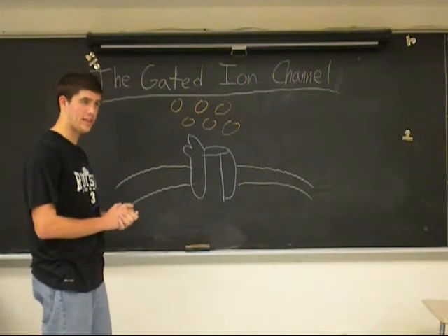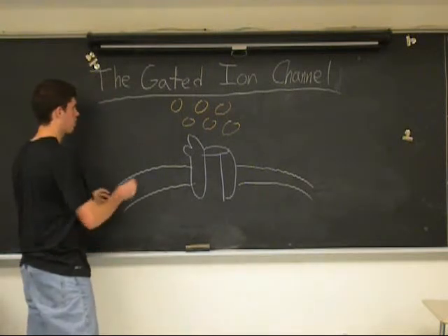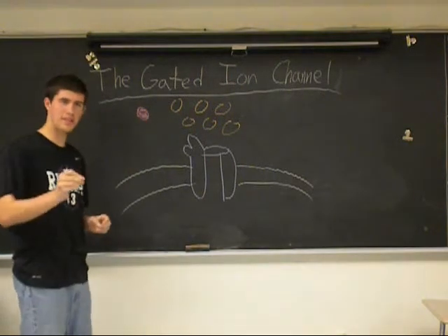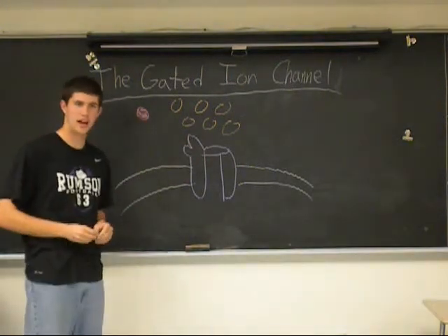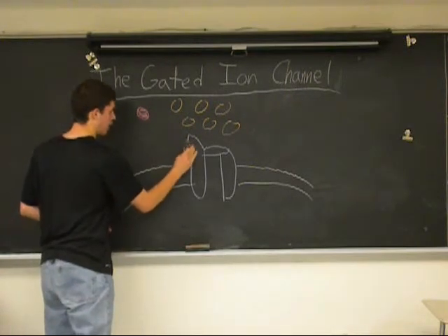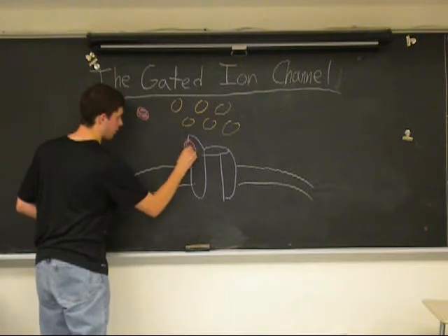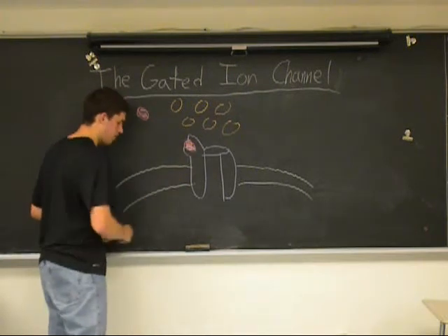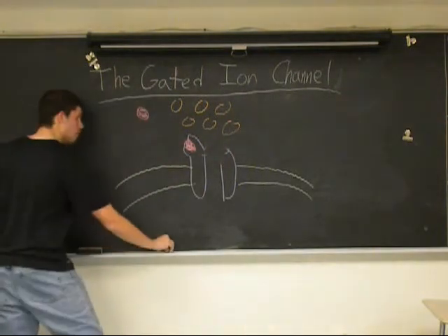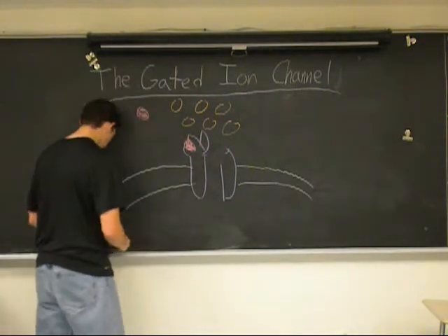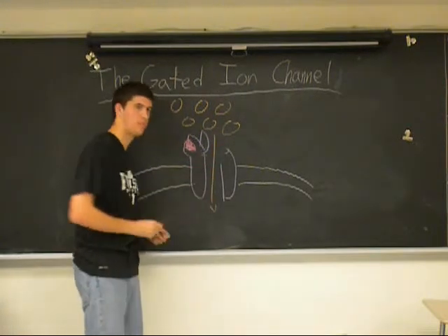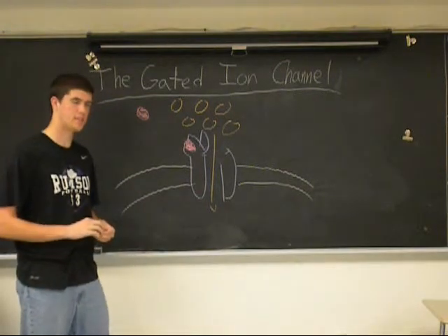Now, in order to let these in, a specific signal molecule called a ligand, which will be represented by this red circle, needs to bind to the receptor site on the gated ion channel. So, after the two have bound to one another, the gated ion channel will experience a conformational change in shape, which will allow the calcium ion to enter into the cell and initiate a cellular response based on the level